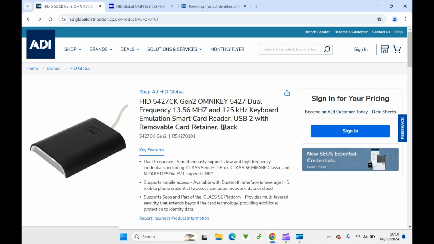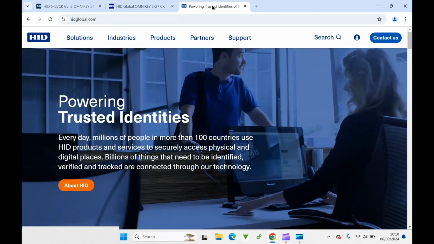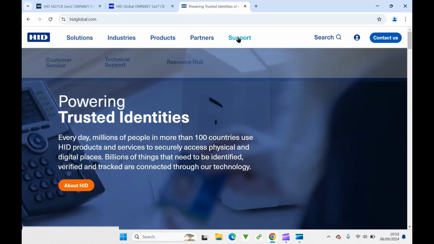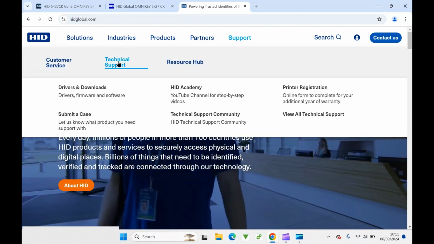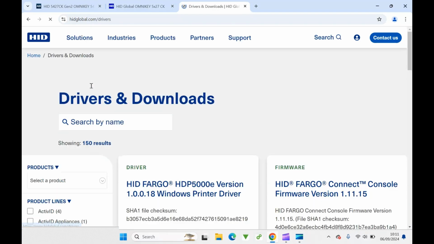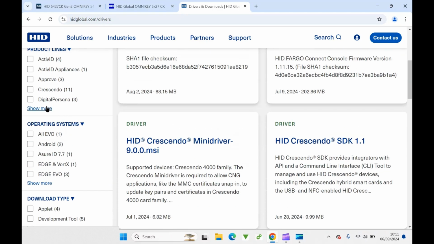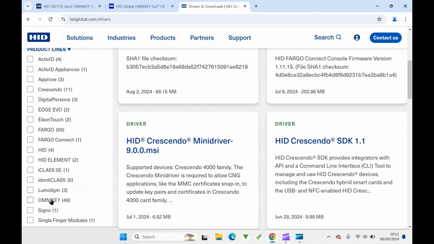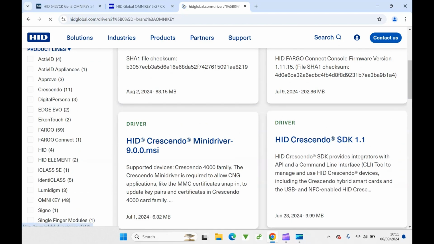The desktop reader is USB, it's powered via the USB port, but before you can use it, you need to do a little bit of work in advance. You need to install drivers. To do that, we go over to the HID website, click on support, click on technical support, drivers and downloads, and you can search for Omnikey, or you can just go to this menu here, click on Omnikey. It filters out most of the